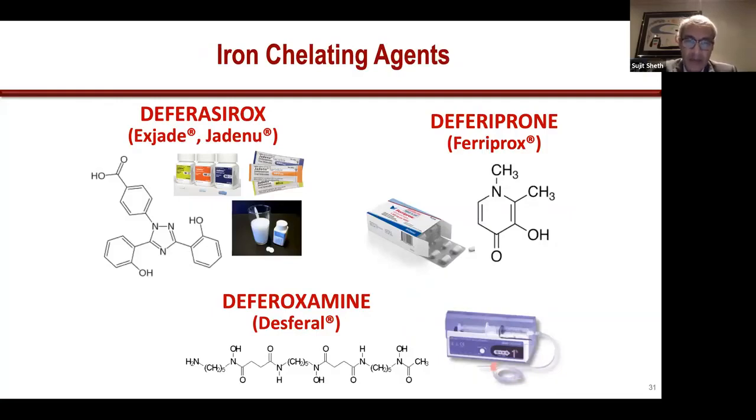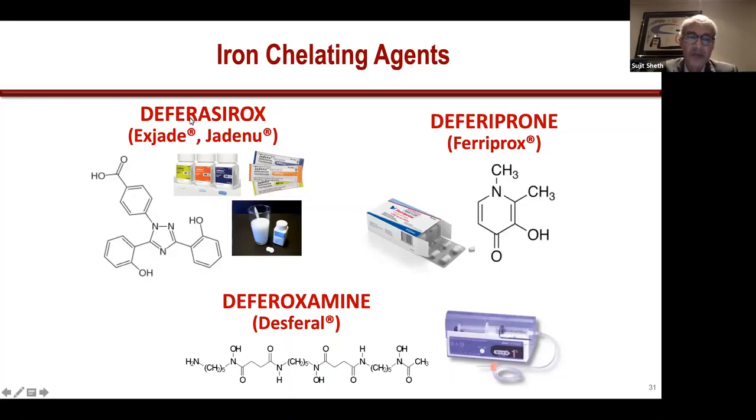These are the iron chelating agents that are available. Deferoxamine at the bottom was the first chelator to be used clinically in these individuals, starting in the 1960s. Unfortunately, it has to be given by a subcutaneous infusion over 8 to 10 hours every night because of its short half-life and because it gets digested in the gut if you take it orally. Needless to say, because of this route of administration, compliance was not very good. And so many of the older individuals with thalassemia have significant complications related to the iron overload as well.